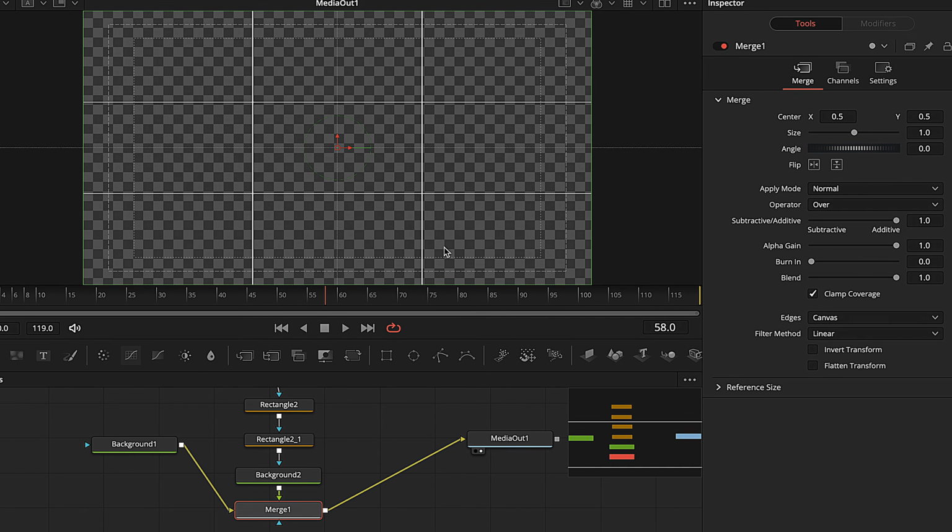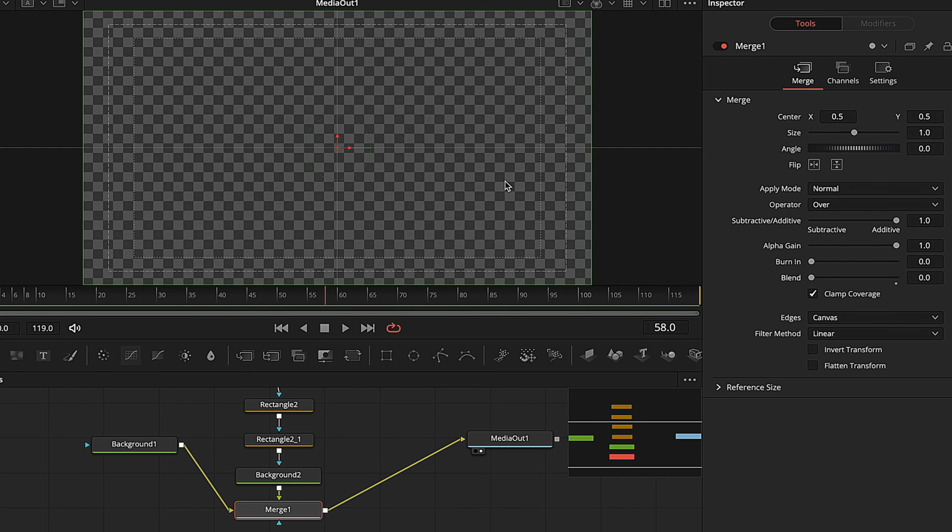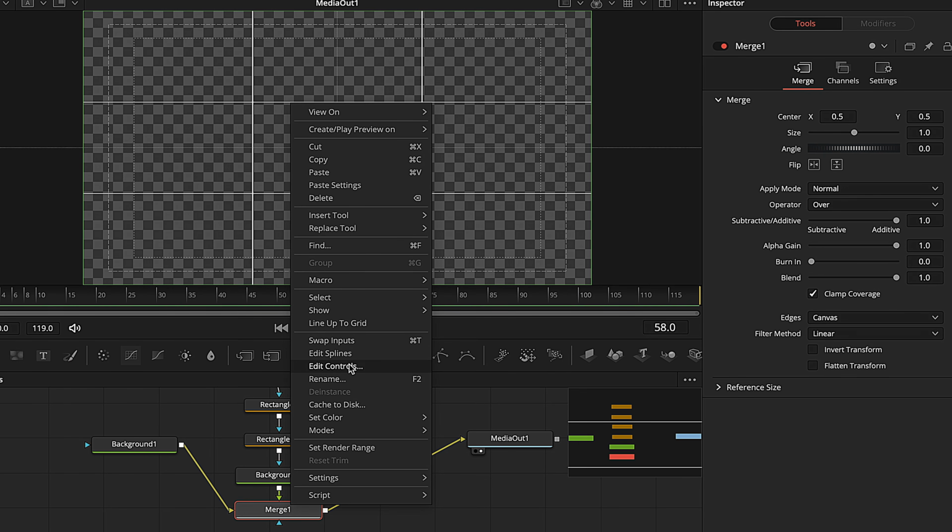In order to make this grid disappear, we want to come down to the merge, and we're going to use the blend slider in the inspector right here. If this is 0, the grid is completely gone. If this is 1, the grid is visible. We're going to remember that, and I'm going to right click on my merge 1, go to edit controls,